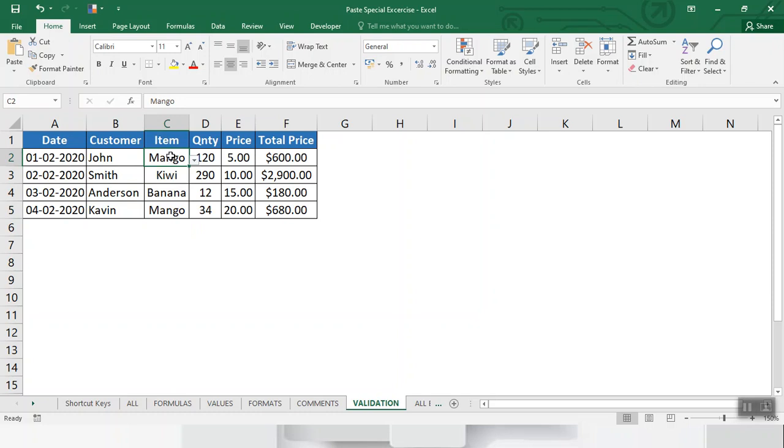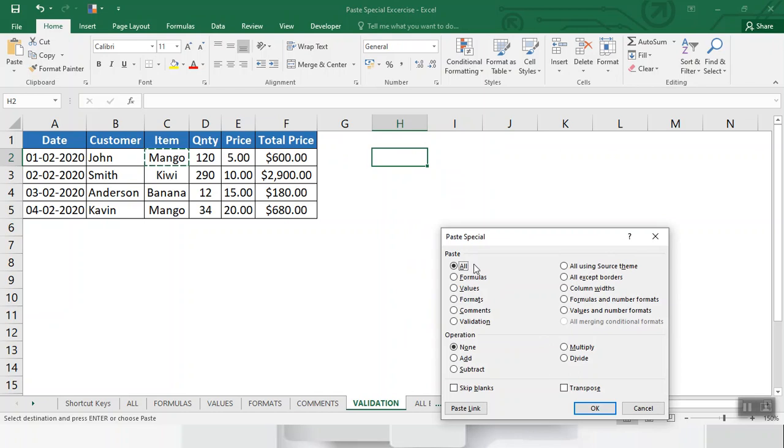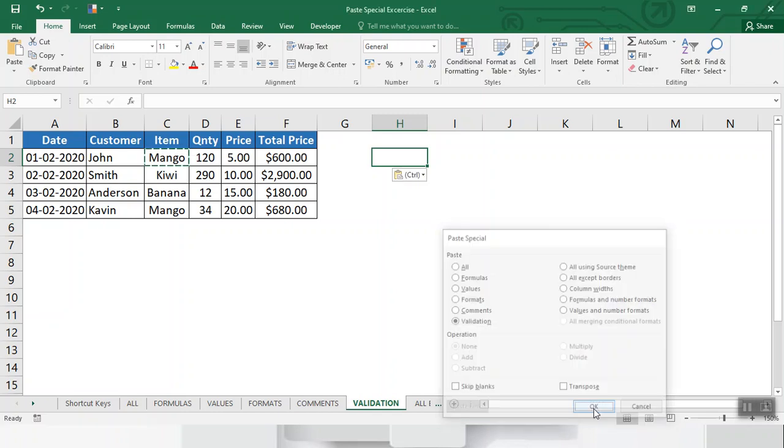Suppose I copy a single cell and I want to take the data validation from here to here. Right click, go to paste special option, and then data validation. The shortcut key is Alt E S, then press OK.